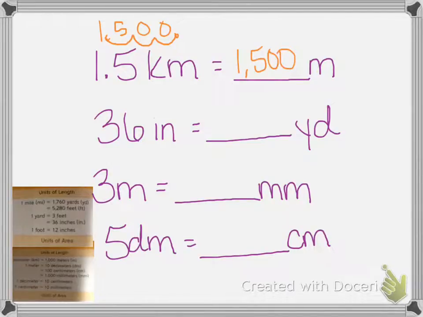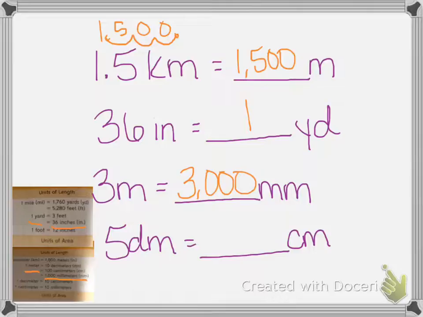1,500 meters. B says 36 inches equals blank yard. So if I look at my yards, I know 1 yard equals 36 inches. Therefore, it's just 1 yard. Next one, 3 meters equals blank millimeters. So if I look at my 1 meter, it equals 1,000 millimeters. Since I have 3, I need to times 3 times 1,000, or